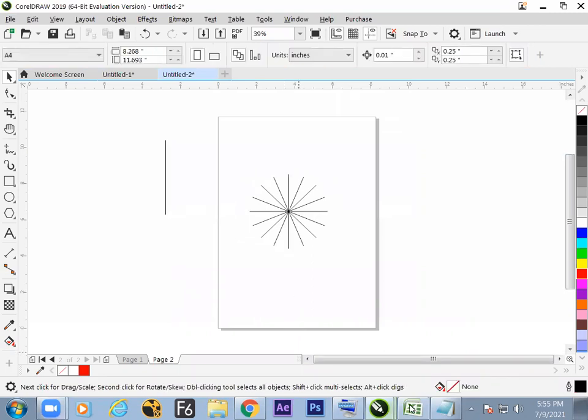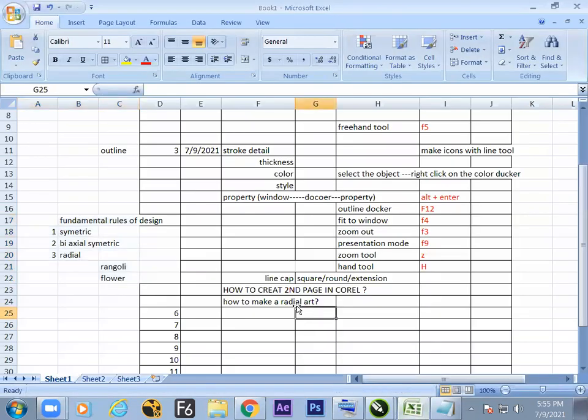Now, what are the things we have learned here? A beautiful option we got to know in Corel. What is that? All input value boxes of Corel take mathematical operations like addition, subtraction, multiplication, and division.